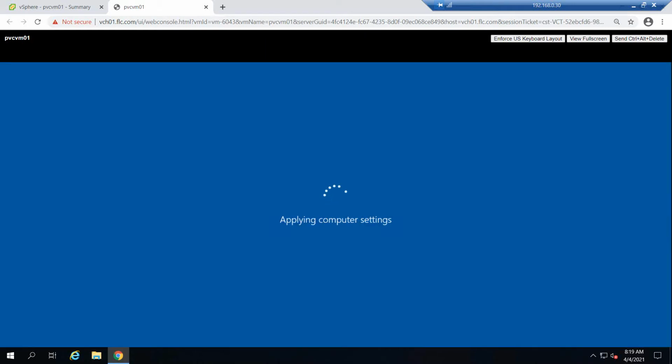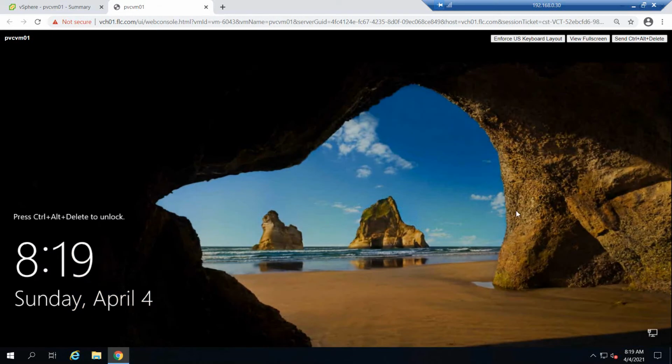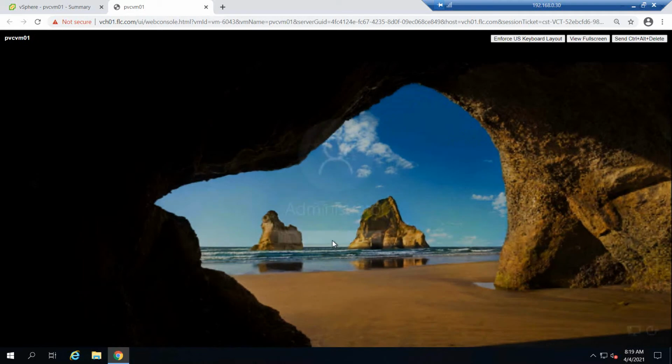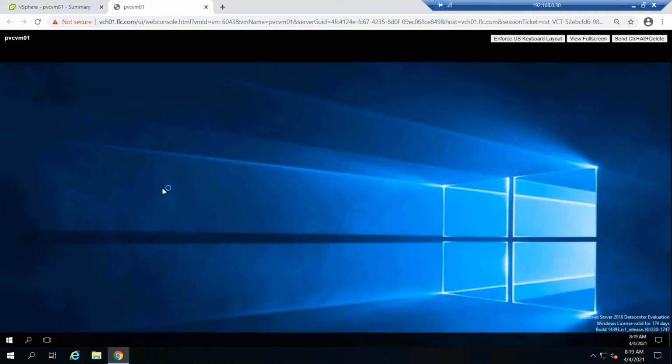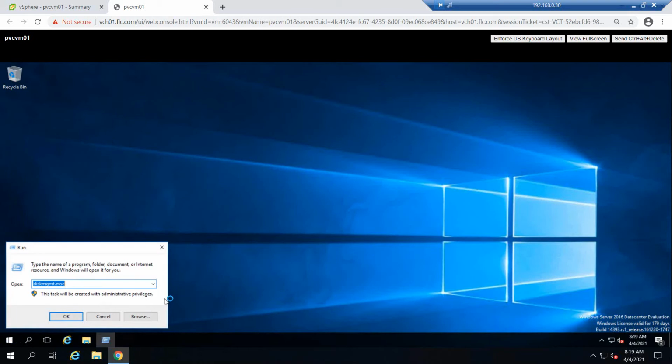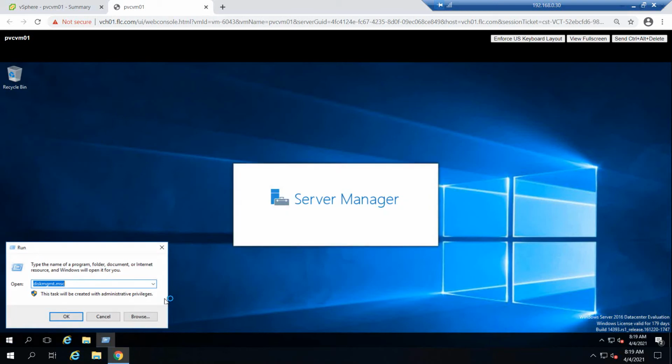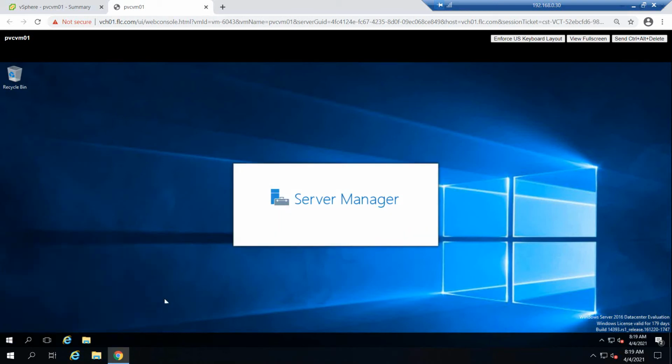So server is up now. As I said, the LSI Logic SAS controller, which is a default driver, comes with the operating system. That is the reason it came up immediately. So we'll check device management as well as disk management.